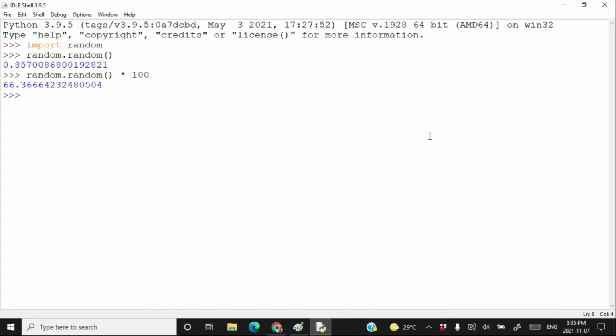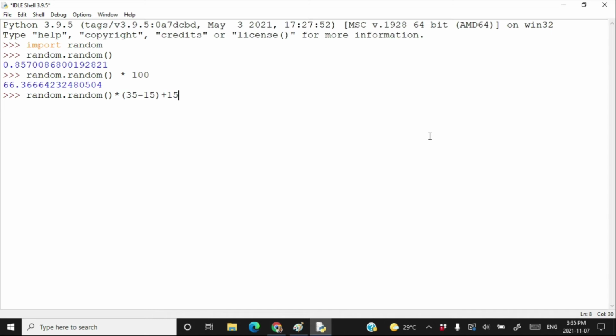For example, if you want to find a random number between 15 and 35, you can write something like this: random.random multiplied by the maximum value 35 minus the minimum value 15, the subtraction is 20, and you add 15 here. Getting it?